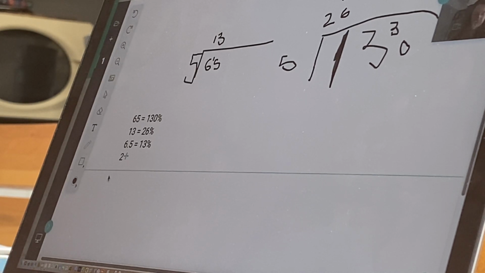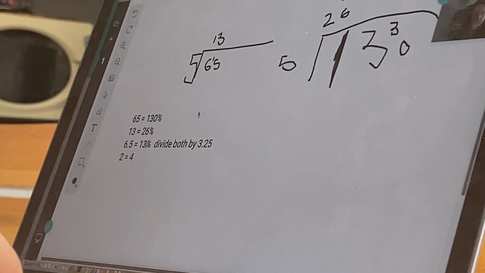If we divide them both by 3.25, we get a ratio of 2 to 4. 3.25 divided by 3.25, and 6.5 divided by 3.25 gives you 2. And then 2 to 4. And then we